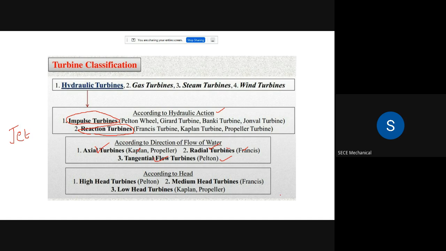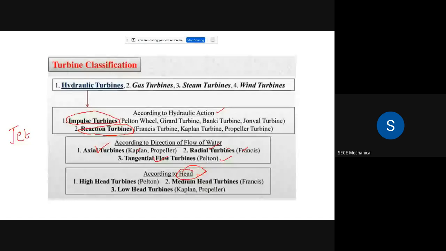So let me see what is called radial and what is called axial. In terms of head, this is very important, height. In some places, if you look at dams, they have a very high altitude, right? For those kinds of very high altitudes, I get the maximum amount of kinetic energy, so through that I get high impact forces. There we get high impulse forces. Those kinds of turbines are called high head turbines.